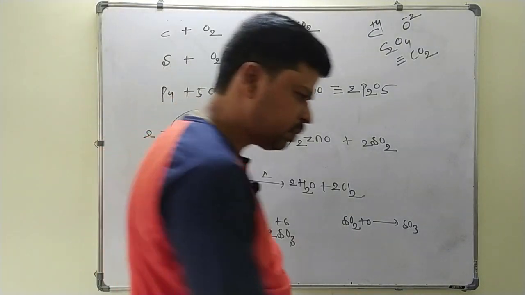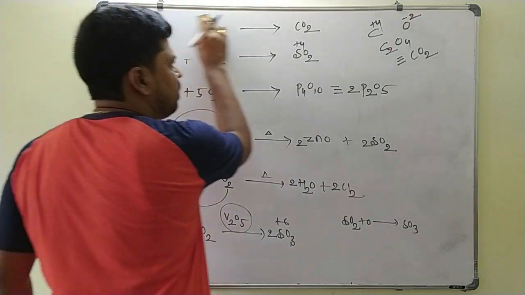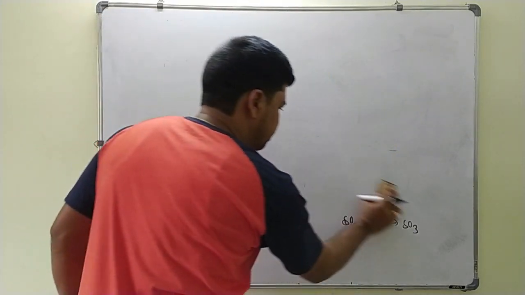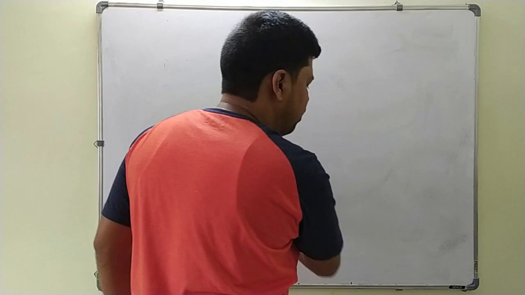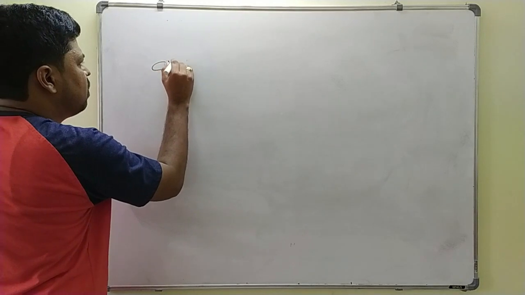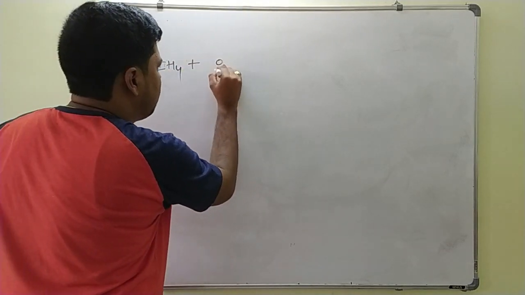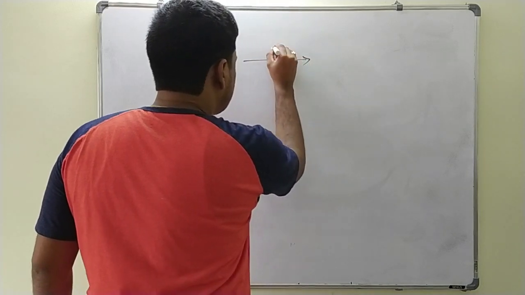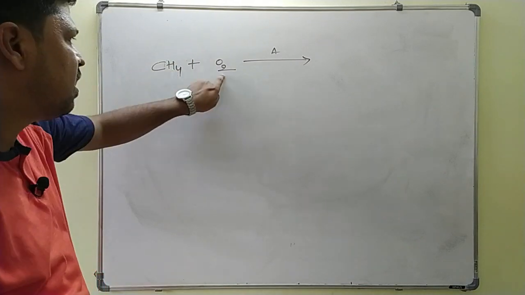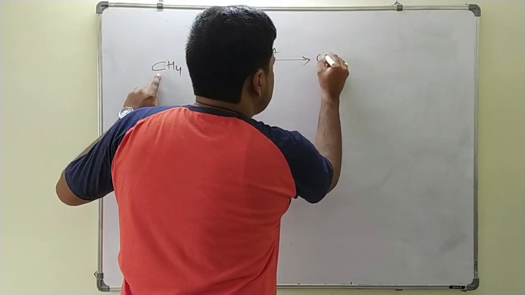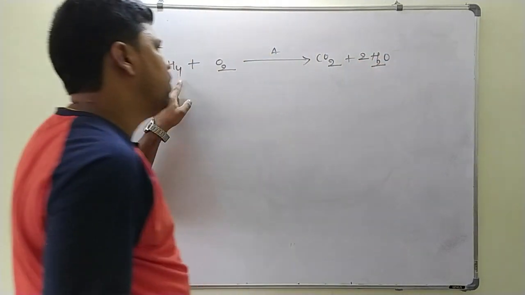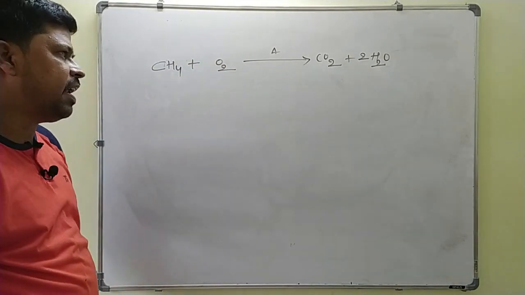Next reaction, and a very well known reaction remaining, that is the reaction with hydrocarbon. That is, if I take CH4, this will react with oxygen. This oxygen on heating with the hydrocarbon, carbon is oxidized to CO2 and the hydrogens are converted into what? Water molecule. One carbon is there, you write 1 CO2. 4 hydrogens are there, you write 2 moles of water molecule. Okay, this is a combustion reaction, we will call it.